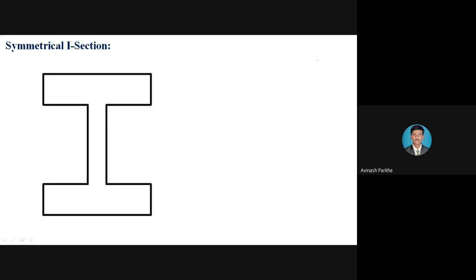But in that, whenever we have to calculate the moment of inertia, which is indicated by capital I, or locate the CG distance, the calculation of I and the calculation of Y bar are very important. For that purpose, in the last lecture, we discussed some of the common sections. If a rectangular section is given, then I is calculated as BD cube divided by 12, and the CG distance is the vertical distance divided by 2, that means D divided by 2. If a square is given, again BD cube divided by 12.